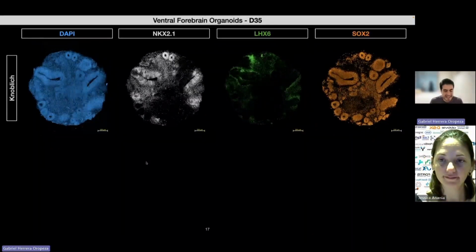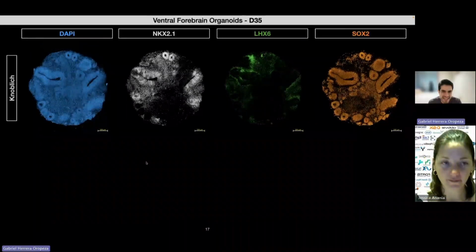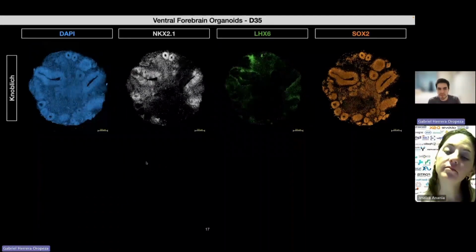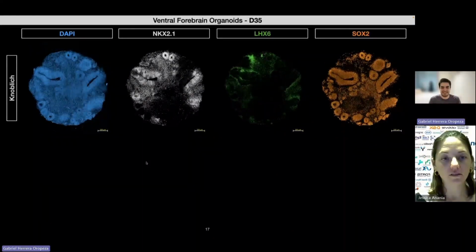So I'm just showing the nuclei with DAPI, and then I'm showing NKX2.1. NKX2.1 is a marker of a ventral region of the forebrain that generates interneurons. Okay, and this is mainly in progenitors? So we'll expect this marker to be present in the ventricle-like structures again, and yes, you can see it enriched in the ventricle-like structures, although you can also see some expression where neurons are located, so in all the regions that are not